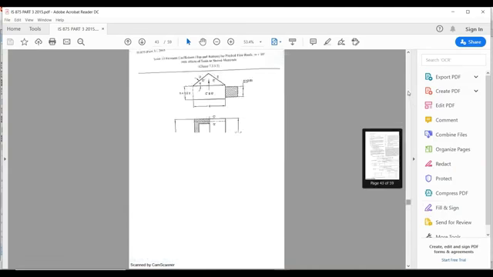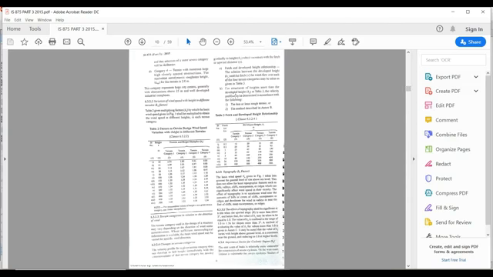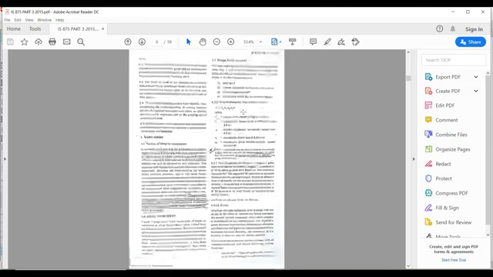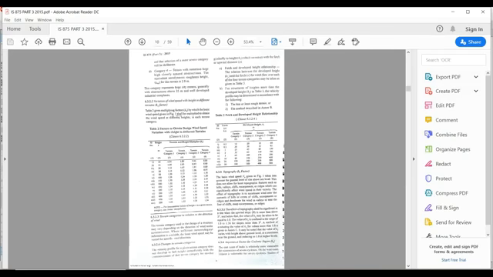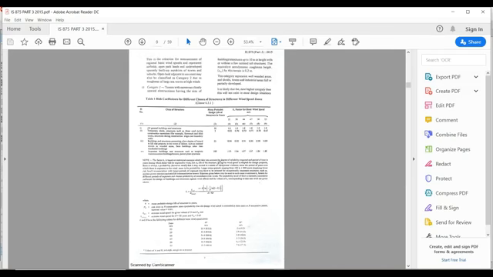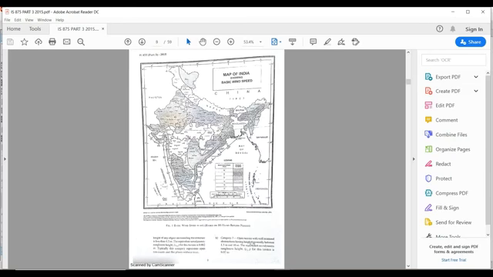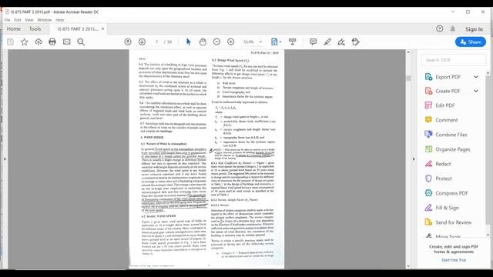These categories are based upon the obstructions near the structure. So check in the code to see which category the building is going to fall in, category 3 or category 2 or category 1,